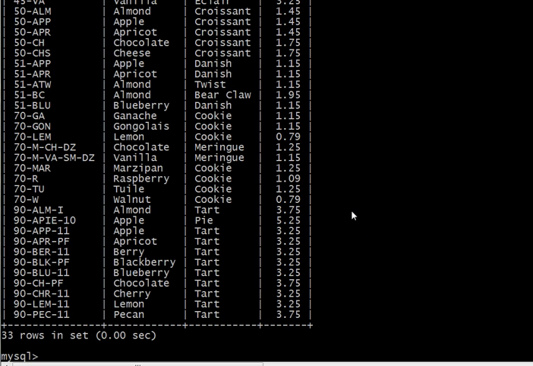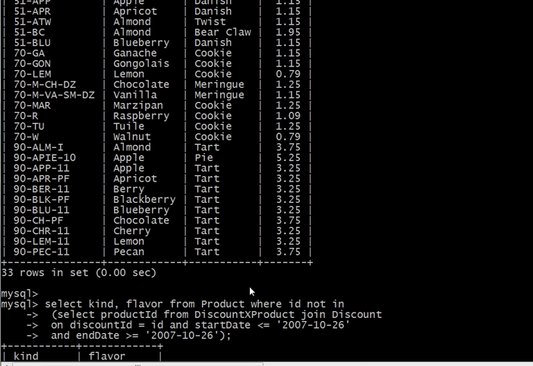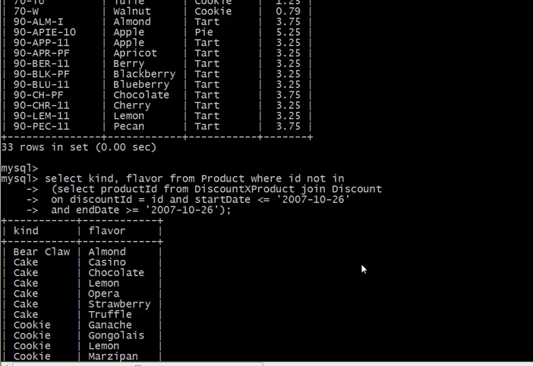So a good answer would be select kind and flavor from product where ID not in, and then you can see that this version has a subquery that generates a list of all the product IDs covered by discounts that were in effect on the date in question, and it's checking to see if our ID is not in that list. And the result is there with